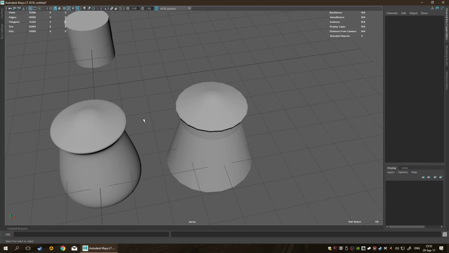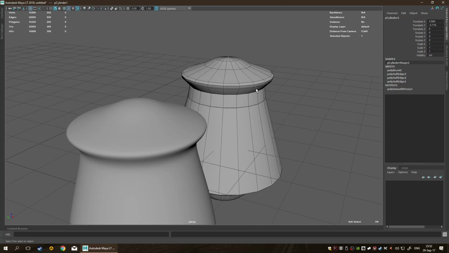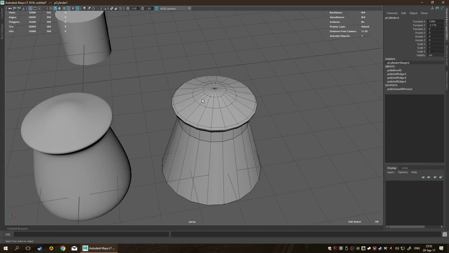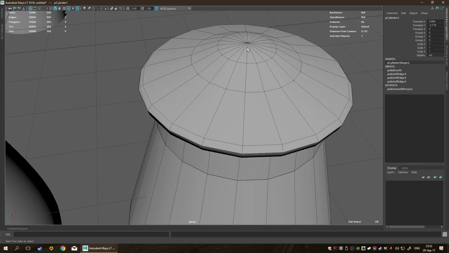So here it is. Notice that our proxy is nicely smooth and we have this cap over here. Now, whenever you're working on a hard surface, and you need to make something like a hole, and you're thinking, man, should I use a Boolean? But a Boolean is going to screw up all of my topology, right? It's going to be a big issue. Now, for hard surfaces, it actually is not that much of an issue. Okay, so if I go ahead over here and grab this,